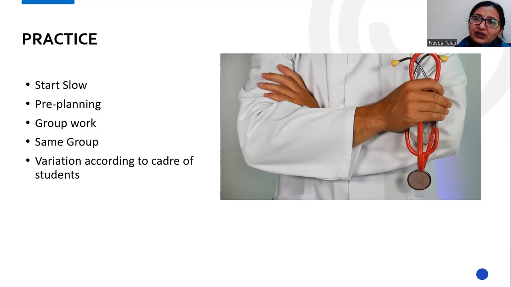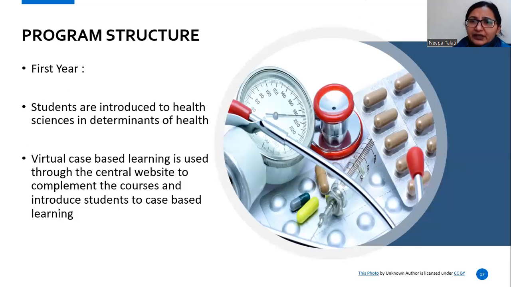And there has to be variation according to the cadre of a student. What case I give or what my expectations are from an MPT student are not the same as from a fourth year student. So we have to be reasonably clear about our expectations from our students. What do we mean by variation according to cadre? If you see the program structure,